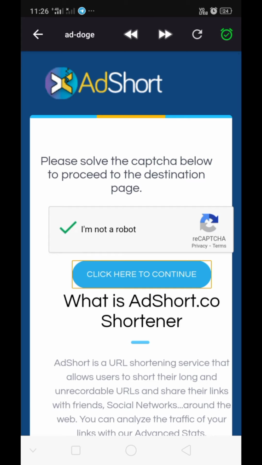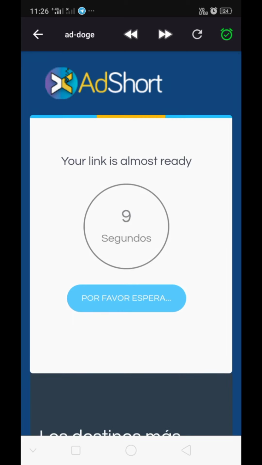It is very easy, guys, to earn doggy coins with this site. Don't miss it. Just by spending a few minutes you will get more than 20 doggy coins daily. When you reach 50 doggy coins you can withdraw to your Dogecoin wallet or FaucetPay micro wallet.